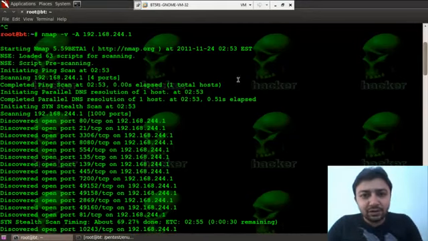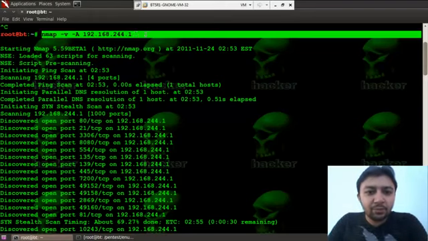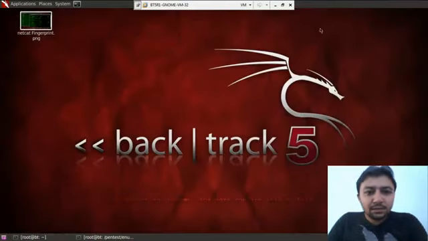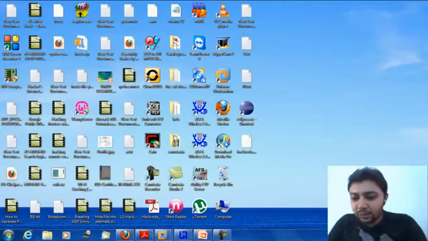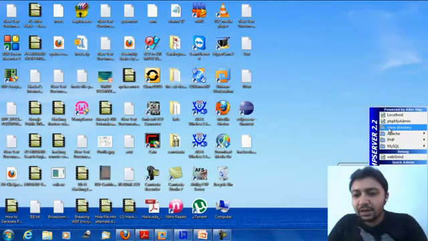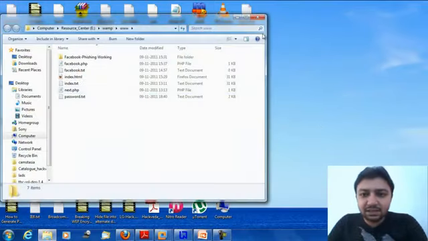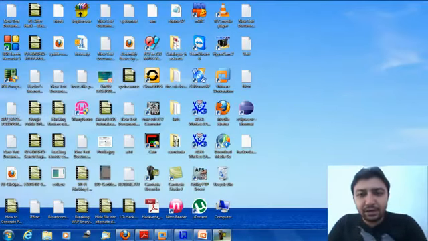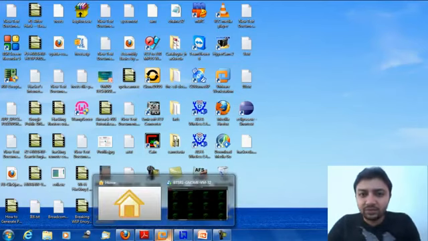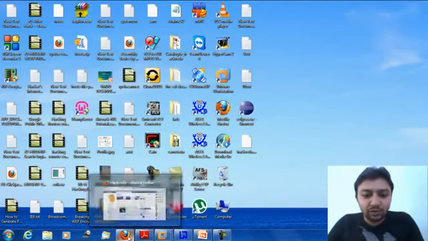Before moving further, I would like to show you all, I have performed an Nmap query. You can see this is the WAMP server and my application is running. The IP of my Windows 7 host operating system is 192.168.244.1.